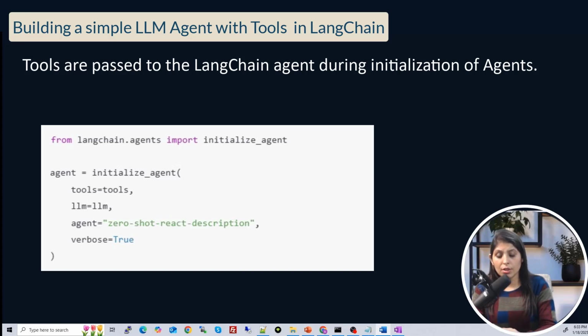For example, the user query, who will understand the user's query? LLM will understand. And then on the basis of that, which tool do we want to use? The weather API, or the SERP API to search the web, right? So that tool we have mentioned over here. We have mentioned the tools also, we have mentioned the LLM also.